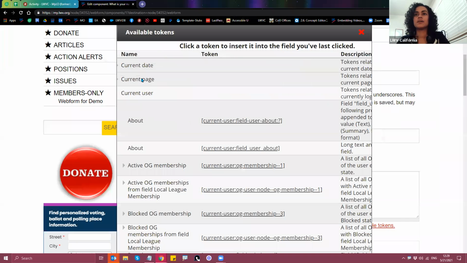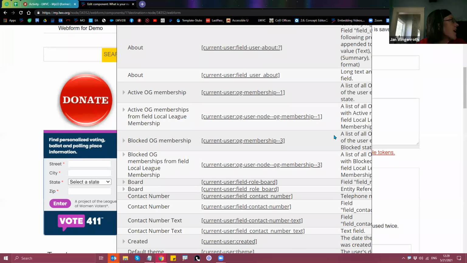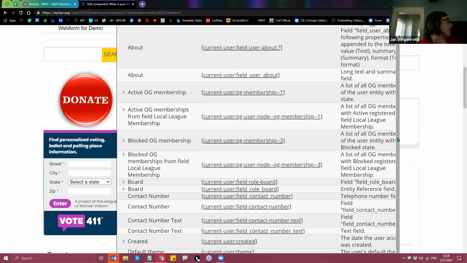That's the type of tokens. And we do have quite a big list, but the good thing here is